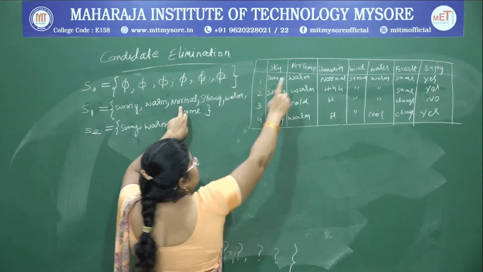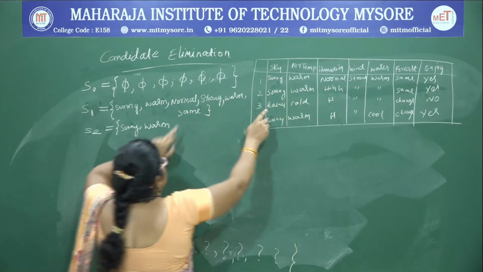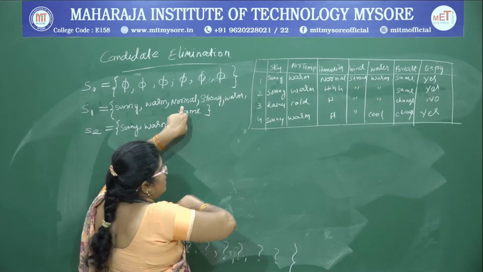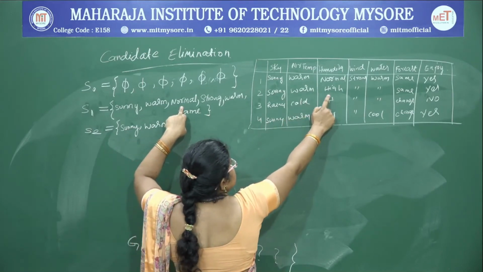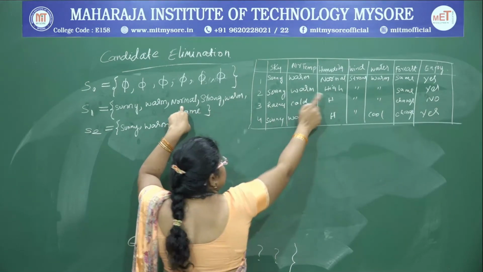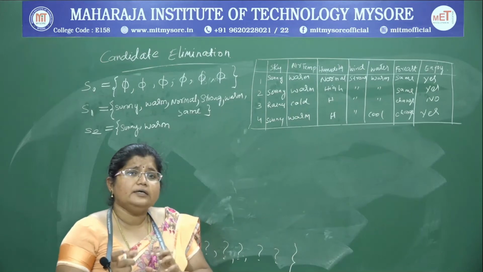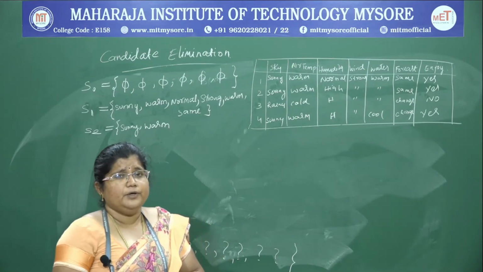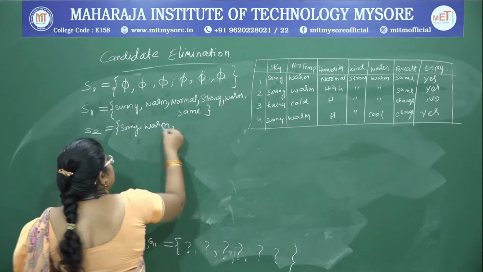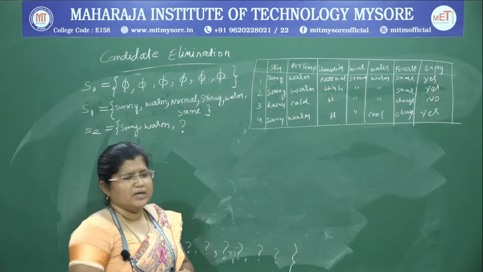Here it is normal, humidity is normal, next step is it is higher. So in the first hypothesis, S1, it is normal, but now in this case it is high. So both are different. So instead of both, we can't write both attribute values. So we will make it into a generalized form. How can we make it into a generalized one? By replacing it by a question mark.